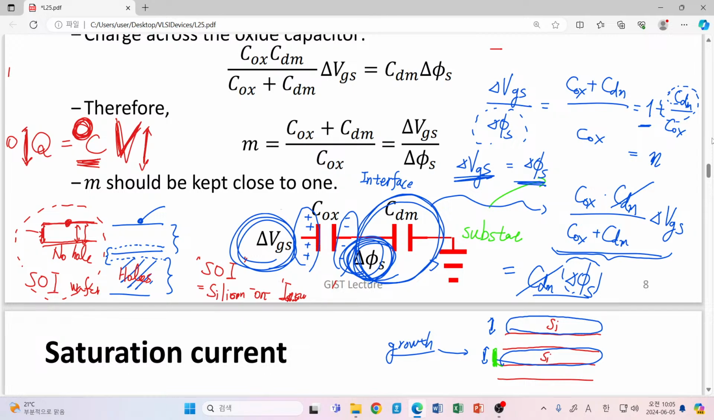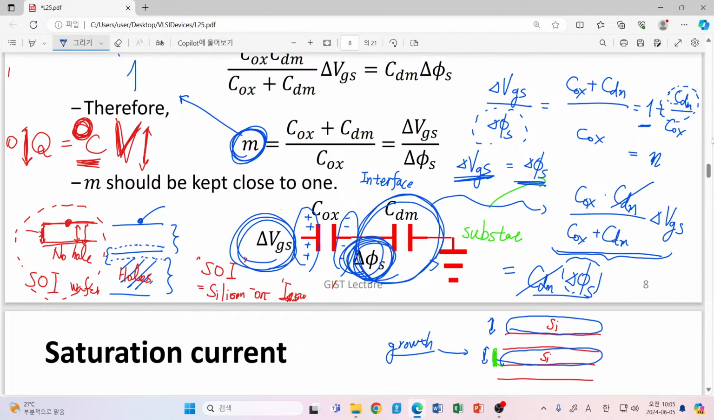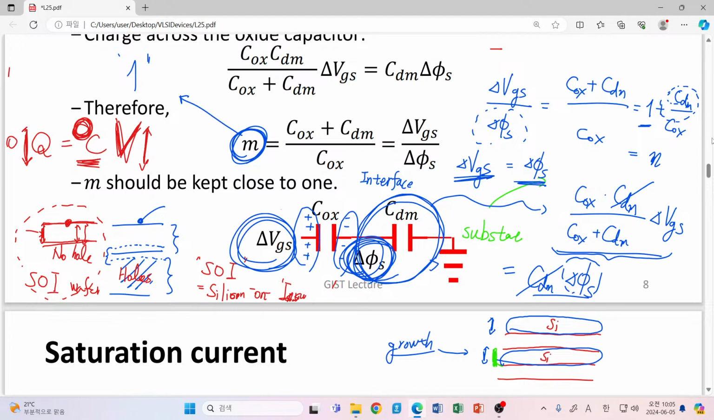So simply speaking, this M factor represents the ability of our gate to control the surface potential. If this number is 1, it means that just gate voltage perfectly controls the surface potential. And if this number is not 1, if we have a higher number, for example, let's say that 2 happens